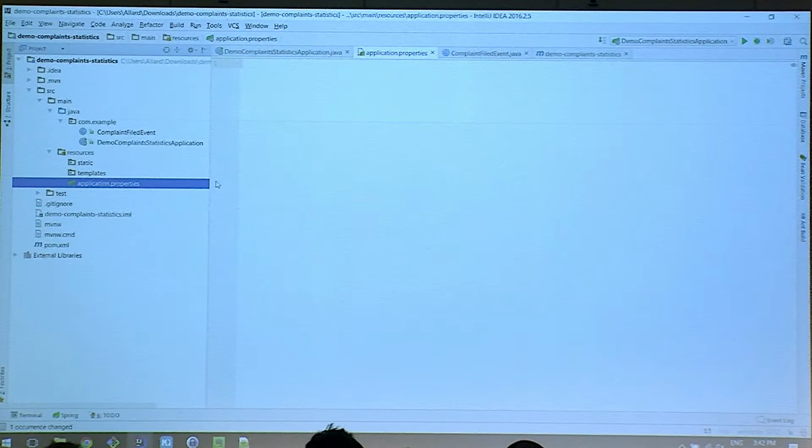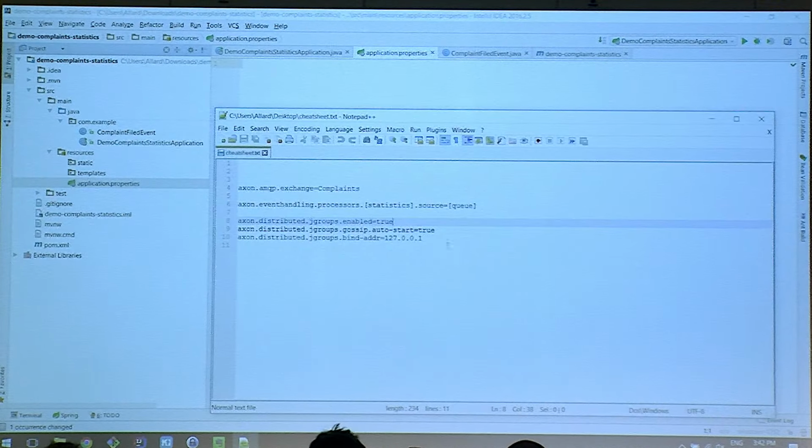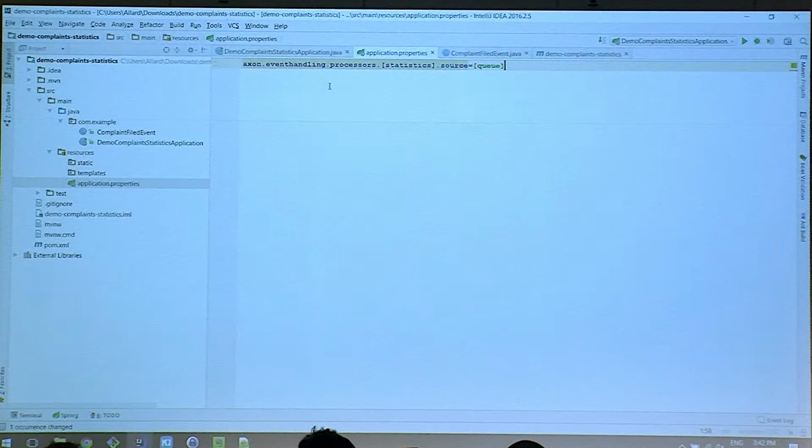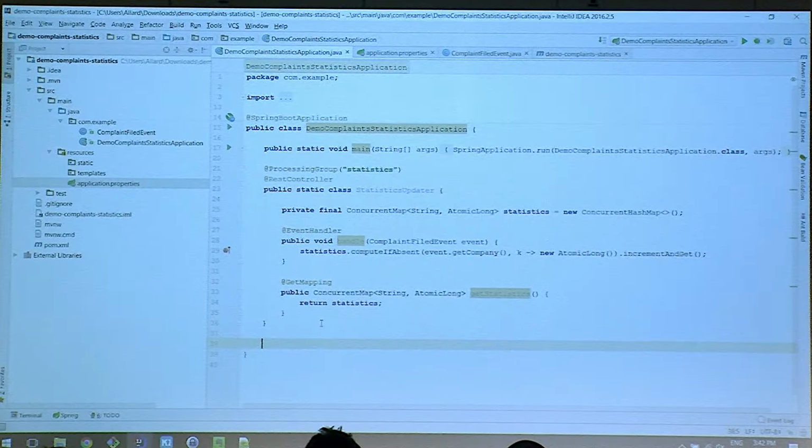Now we do that in here, and I have a little cheat sheet because I always make typos. And we could say the processor, actually called statistics here, the source of that statistics processor is, and then we specify, well, this is actually a bean. Let's call it statistics source, which is a bean which specifies the source. So the default actually here is event bus, right? But we don't want that in this application. So we need to be able to specify that source,